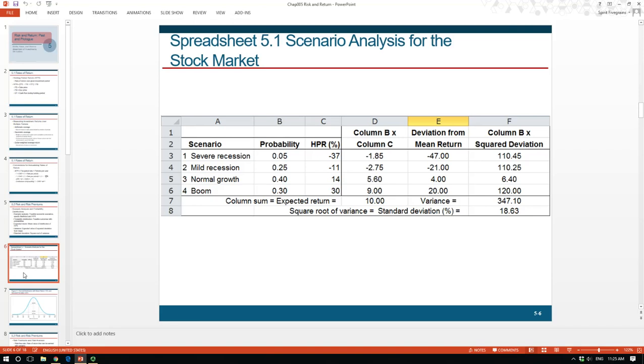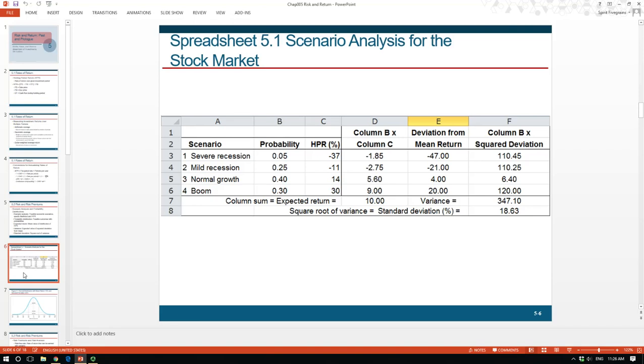If the economy is in severe recession, it's very likely that your stock will lose about 37% of its value. If it's a moderate recession, your investment may lose 11%. So here we have probabilities and expected returns on the 4 different scenarios. And you know that in the future, there are many outcomes that you need to look at, but here you consider 4 different scenarios. And it's time for you to summarize all those different scenarios by using the expected rate